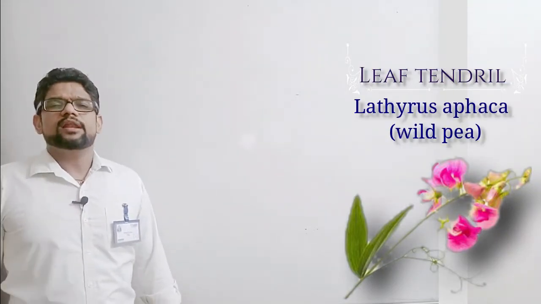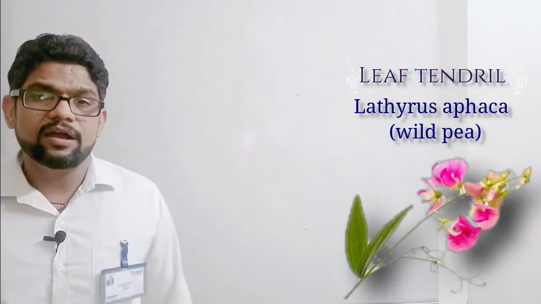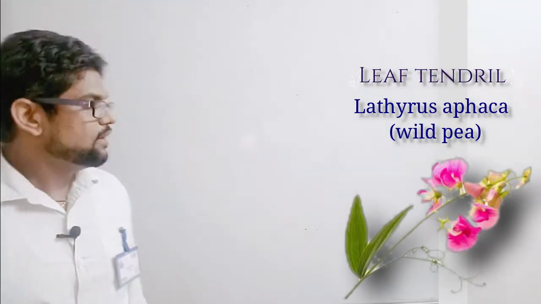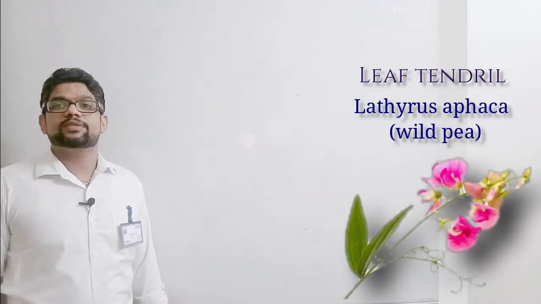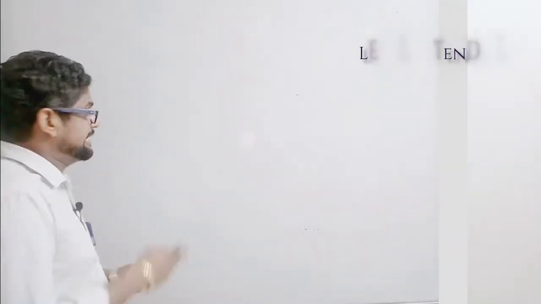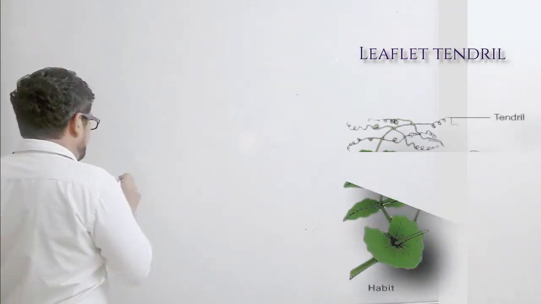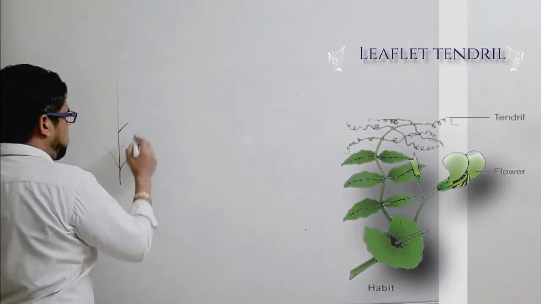As in case of Lathyrus aphaca, wild pea. तो जो wild pea है, Lathyrus aphaca, there you can see this. Diagram में clearly you can see. Heading को ध्यान रखेंगे. This is leaf, entire leaf, and the term is leaf tendril. ठीक. तो जैसे मैंने कहा, leaf tendril में बेटा, अगर मैं लीफ बनाऊं,